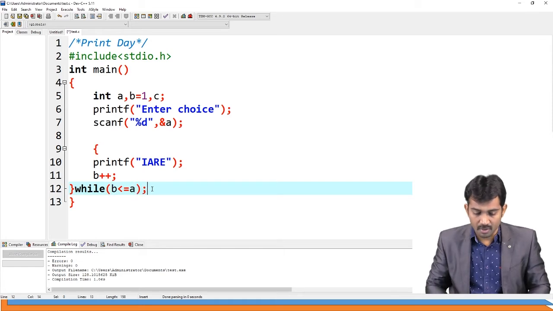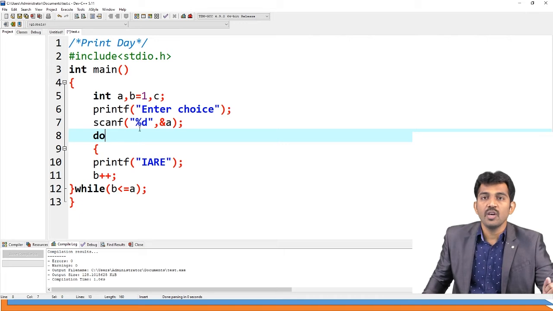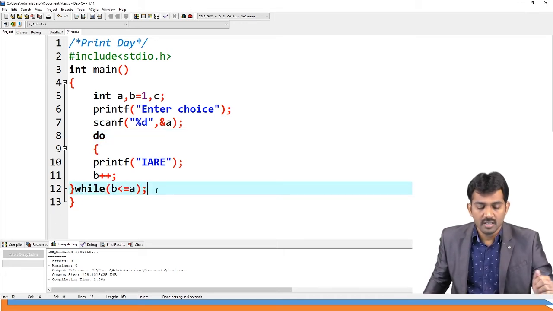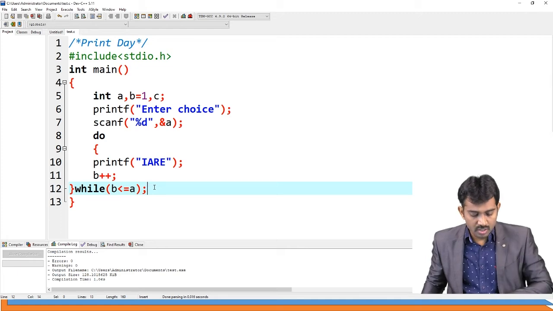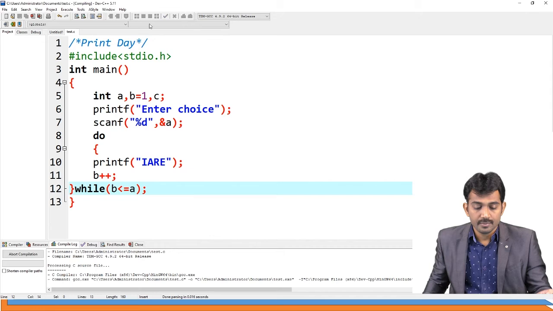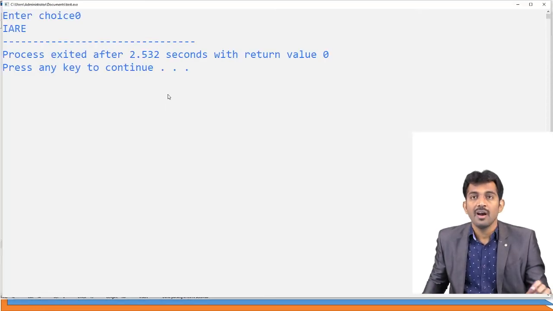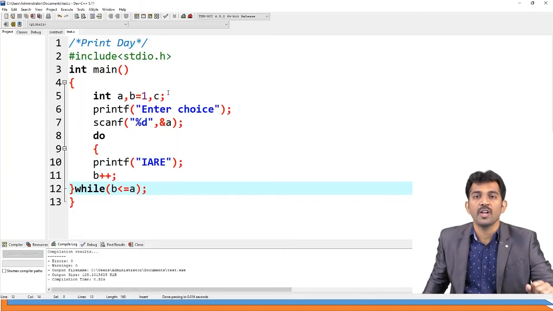But do while contains a semicolon. Please note this, that is the difference. And do. See, the only change: I put the while at the end after the bracket. See, if you run this code with 0 as an input, it executes at least once, right? So that is the difference between the while loop and do while loop.